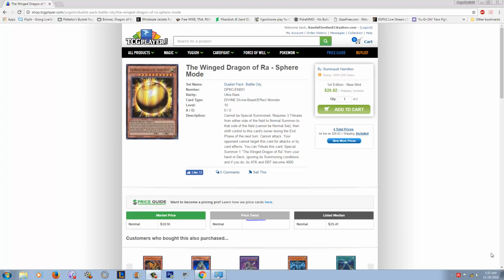This time we're talking about the Winged Dragon of Ra Spear Mode. This is a card that I have been kind of hinting on and talking about for a little bit of time now, maybe a little over a month, and I think that Invasion Vengeance and the release of Totally Awesome